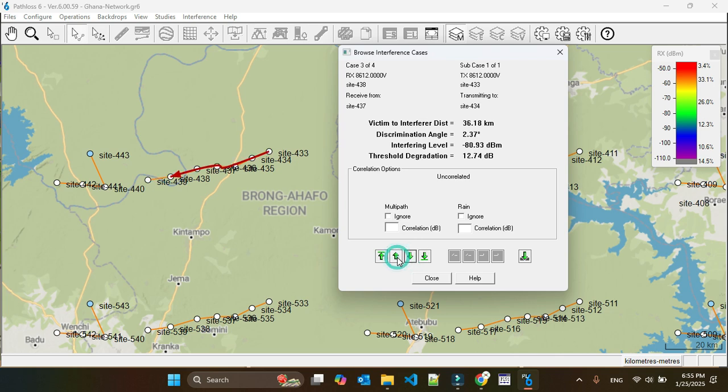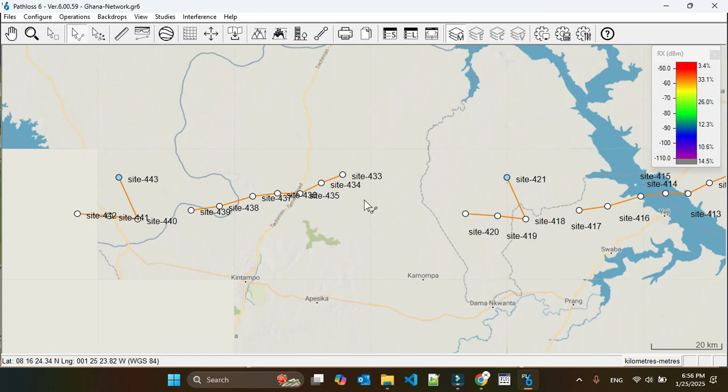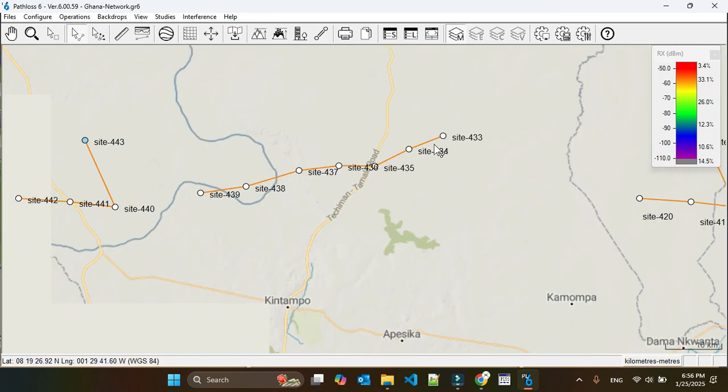And we have sites 436, 437, 438, 439, 433, 434. So this 434 and this 436 and 7 and then this 438 and 439. These are almost in the same